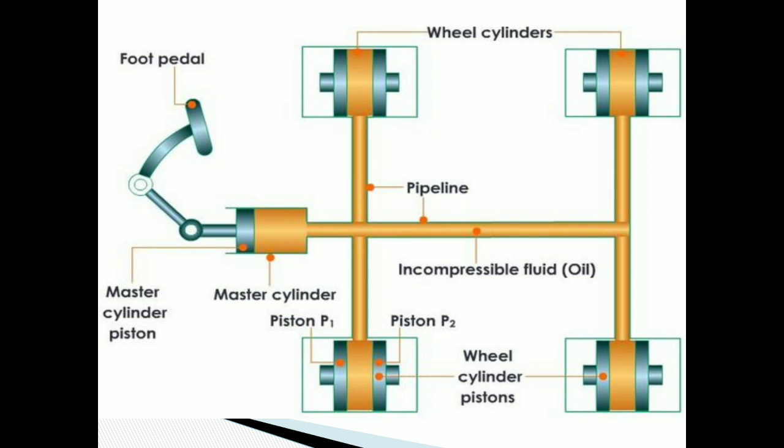First of all, when the brake is not applied, all the oil is in the master cylinder. As soon as we press the pedal with the help of our leg, what happens? All the oil from the master cylinder moves to the wheel cylinder. So first of all, the master cylinder's area and wheel cylinder's area will be taken into consideration. You will see that the master cylinder's area is quite huge as compared to the wheel cylinder. So let us start. A wheel cylinder is connected to each and every wheel. We are talking about your four-wheeler.